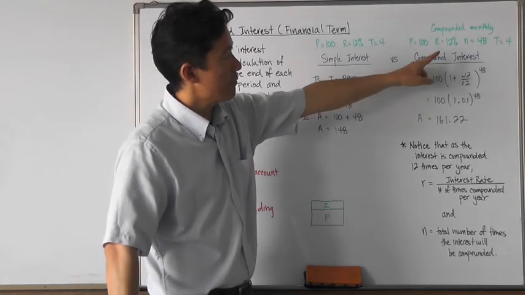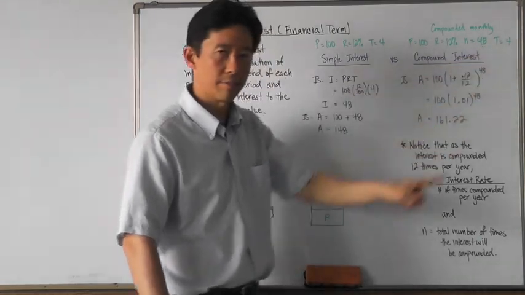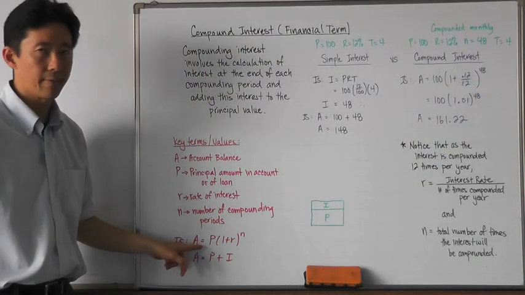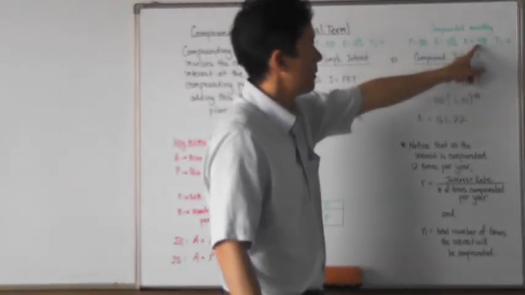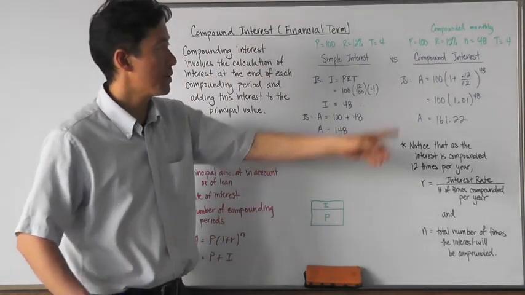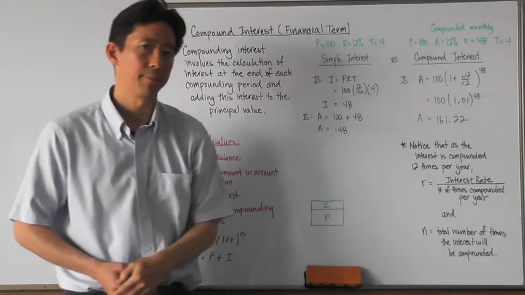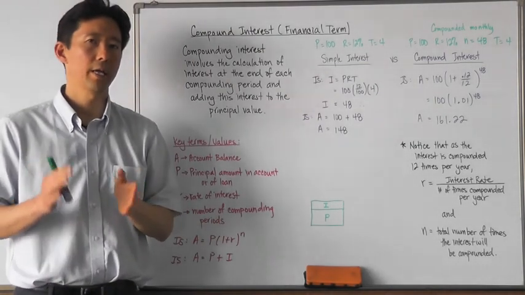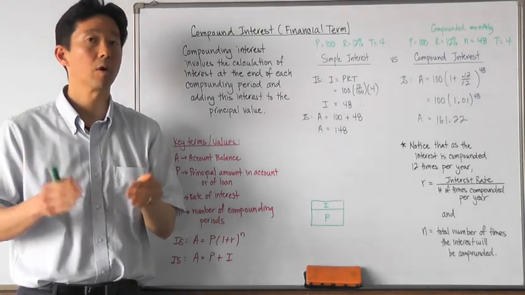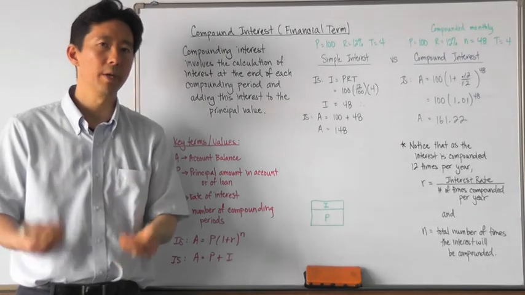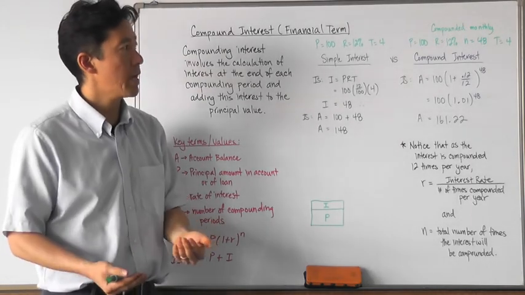Now, how do we go ahead and first calculate what n is? Because notice there's no mention here of t. It's n. Now, what we're going to say is that we're going to compound this particular principal monthly. Now, if we go ahead and compound or calculate the interest monthly, how many times are we actually going to